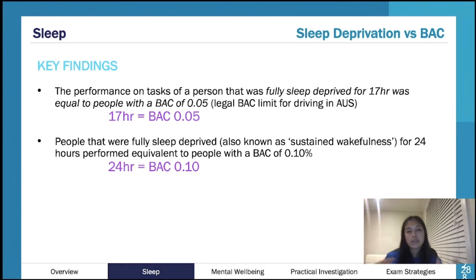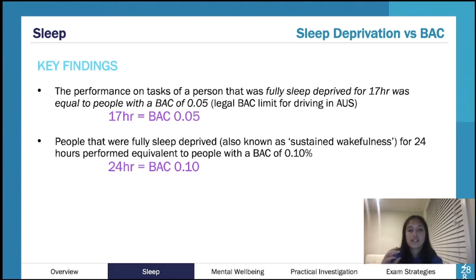Whereas if someone has been sleep deprived for a while and said, okay, I'm going to get in the car now, you'd probably say okay. Or if you think about it yourself, if you're out and you have a couple of drinks, you might say, I'm not going to get in the car because it's quite dangerous. But if you have to drive to work and you are quite sleep deprived from the past week, generally you won't think, oh, I'm really tired, I'm not going to drive. But the idea is that being sleep deprived can be as bad as having your blood alcohol concentration at the highest limit, or even worse.